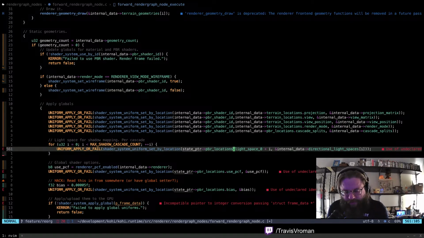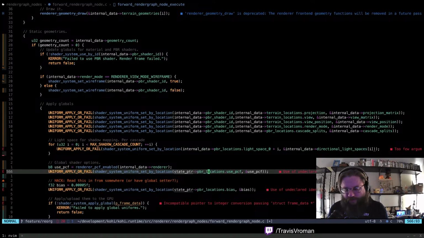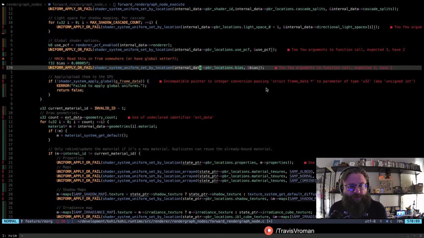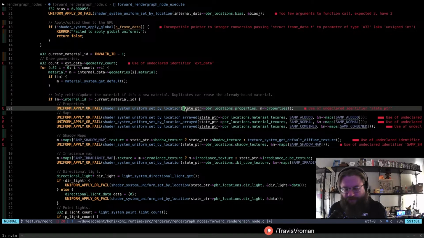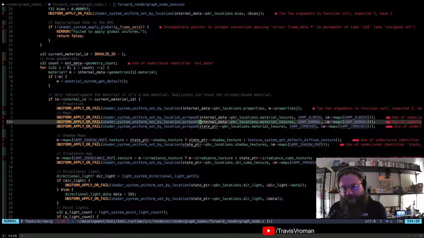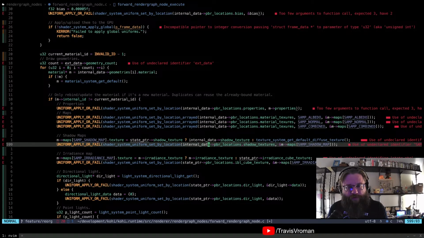Okay. Actually, internal data, we need to swap those out first. Should probably swap a lot of these things out because they're all over the place. The state pointer was what it was referred to in the material system. We don't have that here.